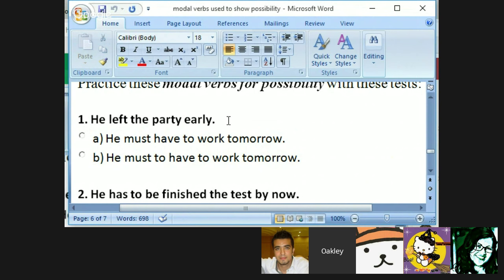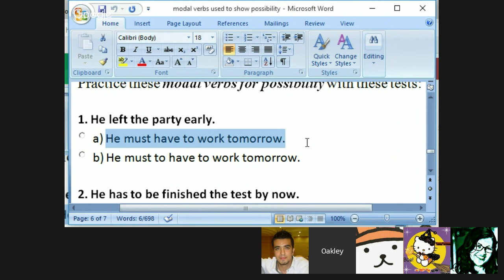Heidi, number one. He left the party early. He must have to work tomorrow. Okay. He must have to work tomorrow. Now this is actually very interesting. This is one of the very few times. It's exceptional, because normally you can never use